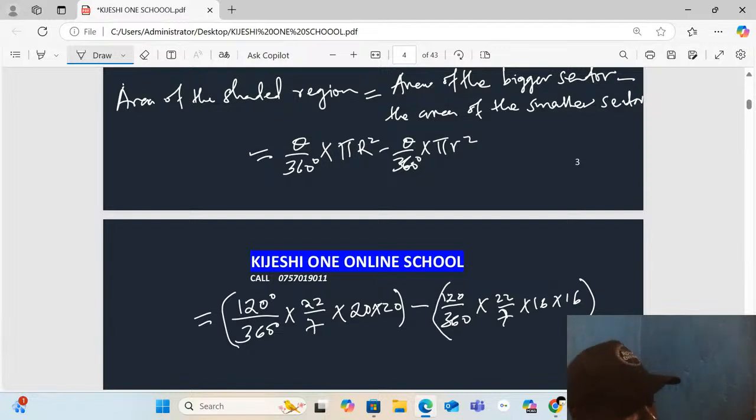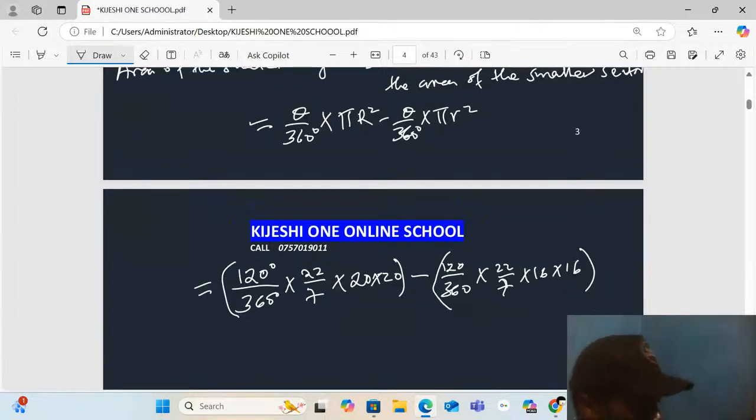That way. Now, working this out, that is 120 out of 360 times 22 over 7 times 20 squared, getting